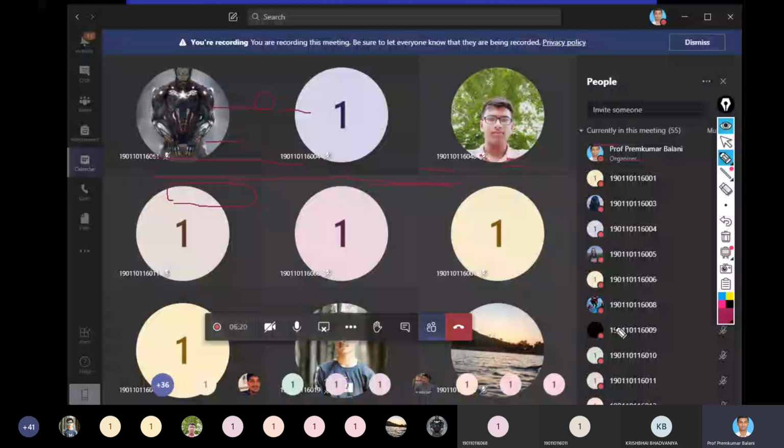Row number 4. Are you there? Row number 8. Row number 11. Row number 5.